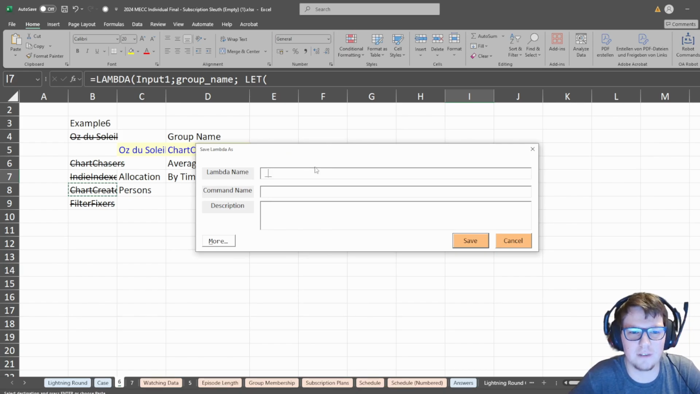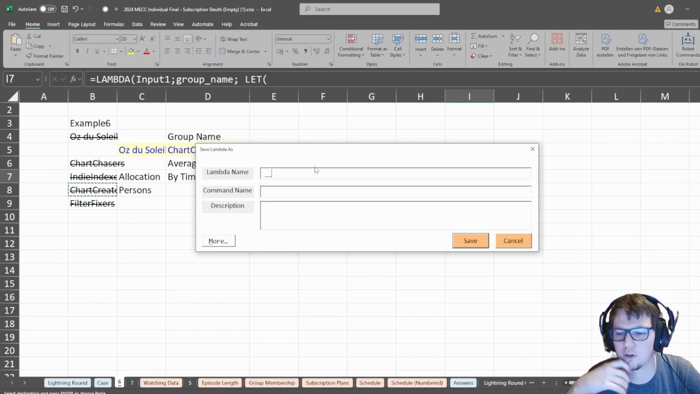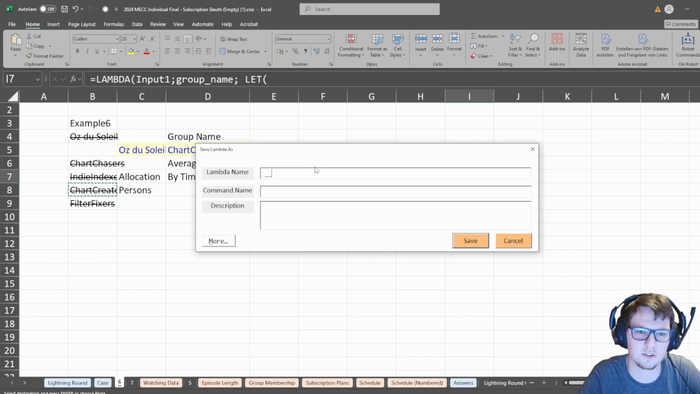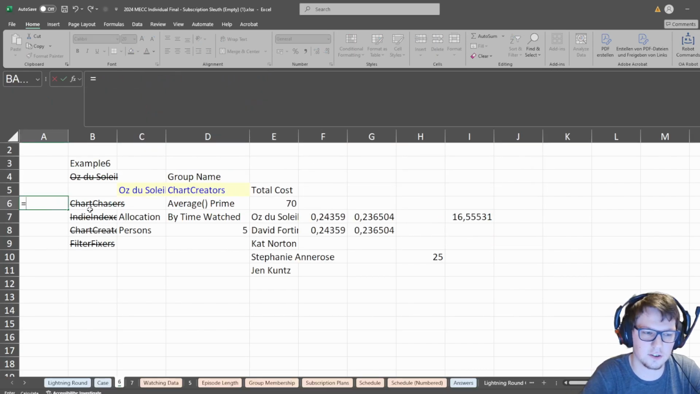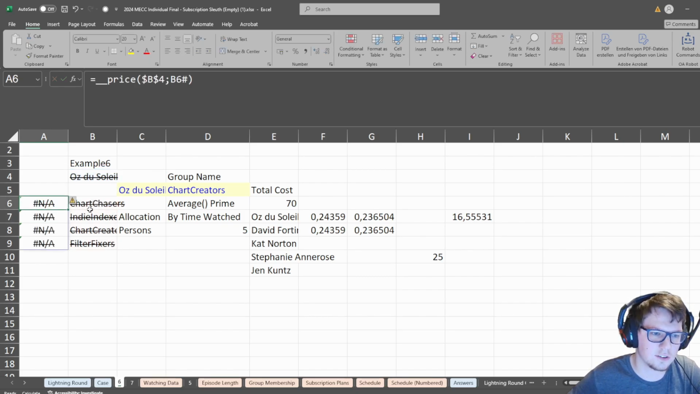I have a naming convention for all of my lambdas, so two underscores equal lambdas that I will just use in this worksheet, and one underscore is all of the lambdas that I have as a base. So this is underscore to price. I could have also given it a command name, but for now that's not necessary. So the thing is, what we can do right now is to do this,